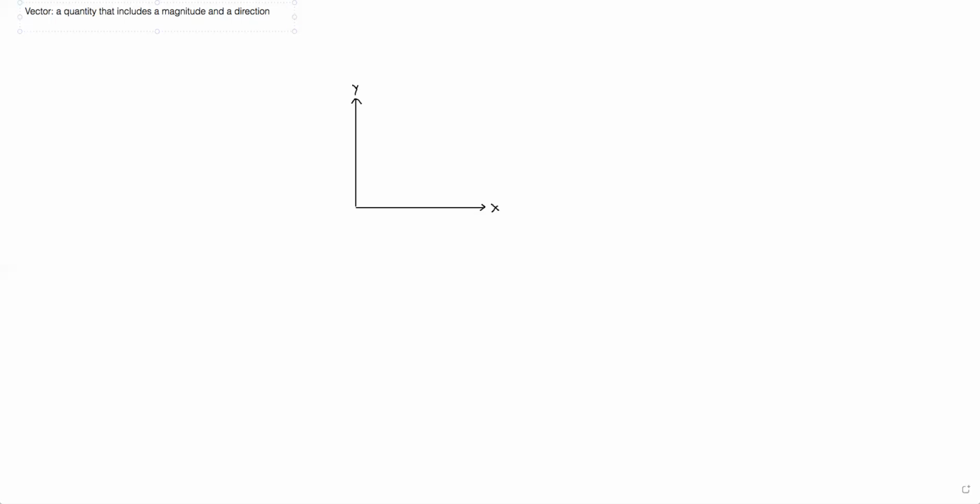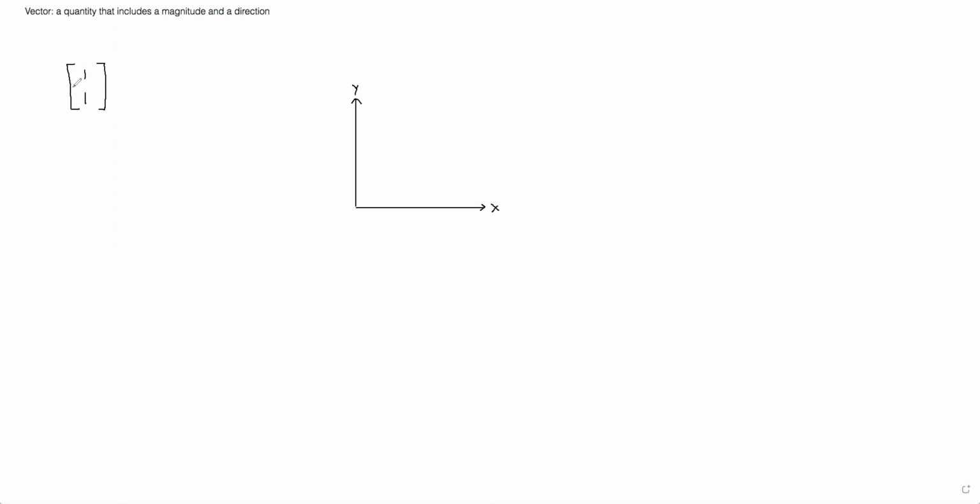So we have a vector. It's a quantity that includes a magnitude and a direction. So it's really hard to understand what this really is without an example. So an example would be, well, there are a few different ways we can express a vector. So let's say we have the matrix form of a vector,